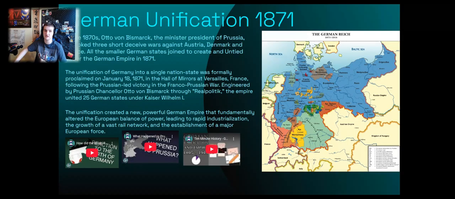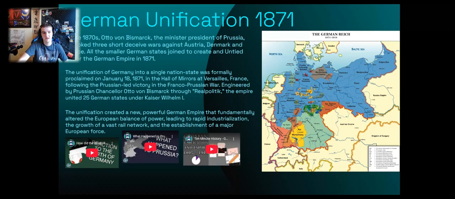We have the German unification in 1871, in which Otto von Bismarck, the minister-president of Prussia, before the war, had also won an 1866 war against its neighbor, the Austrian Empire, and also conquered the provinces of Schleswig and Holstein by defeating Denmark. And also following the war, after defeating the French in battles such as the Battle of Sedan, as well as acquiring many of the southern German states,